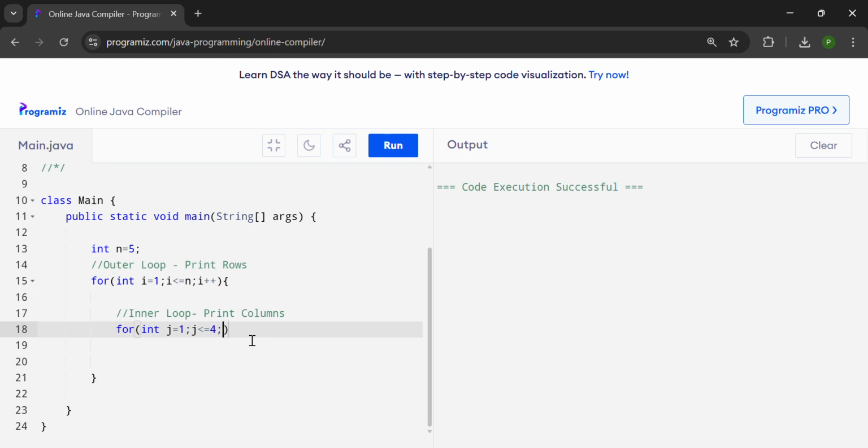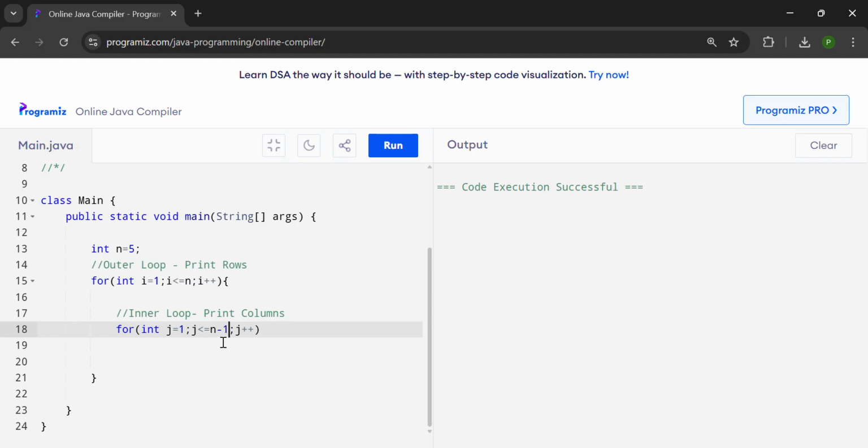Then only it will print 4 spaces for us. But how can we write this condition, how can we convert this 4 in terms of n here? If we write n minus 1, we will be getting